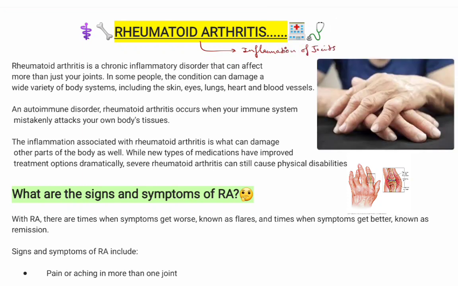In this video, we will talk about rheumatoid arthritis. So basically what is rheumatoid? It is an inflammation of joints. It is more than that, but rheumatoid arthritis is a chronic inflammatory disorder that can affect more than just your